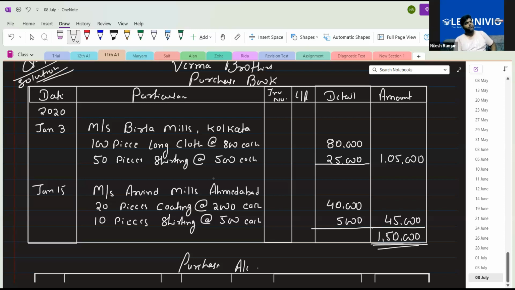Okay. So now you can solve the questions of cash book and purchase book. Yeah, I can. Okay. So I will share some questions of these two, and please try to solve them. Okay. One more thing. Are you solving the questions of the past assignment? Yeah. First, complete the current assignment. Okay. If let's say there are 3-4 assignments pending, the latest class assignment should be completed first, because